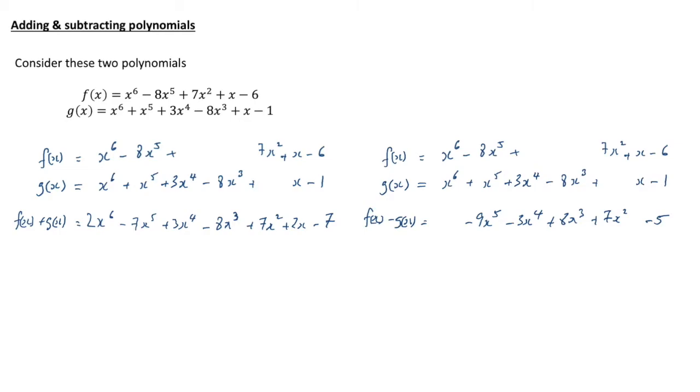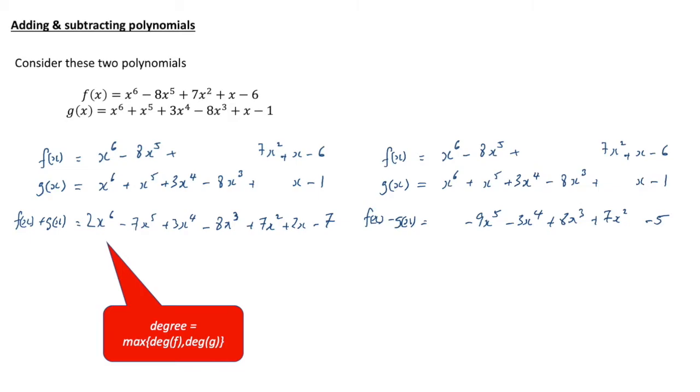Then we have 7x squared take away nothing is 7x squared. x take away x is nothing, so I haven't written it. And then minus 6 take away minus 1 is the same as minus 6 plus 1, which is minus 5. And what we might notice here is,